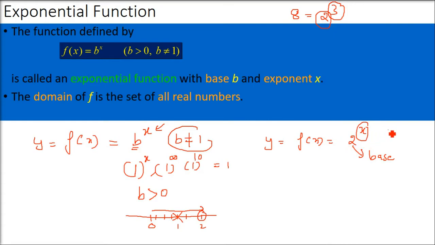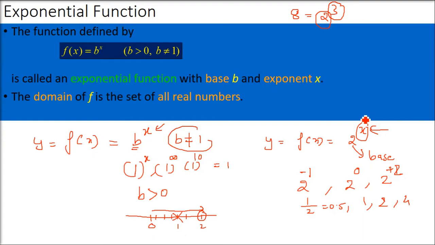What does it mean? For any exponential function, x can be any value. If you put -1, if you put +1 or anything which comes under the real number category. So 2 to the power -1 is half, which is a legal number, 2 to the power 0 is 1, 2 to the power 1 is 2, 2 to the power 2 is 4. So whatever you give in x, there is no restriction.